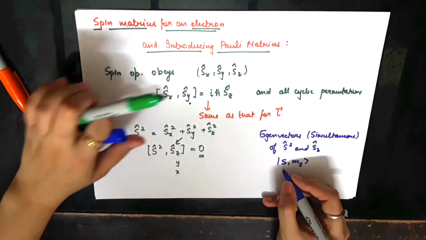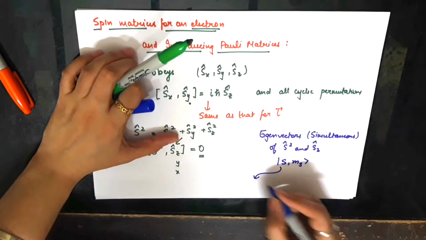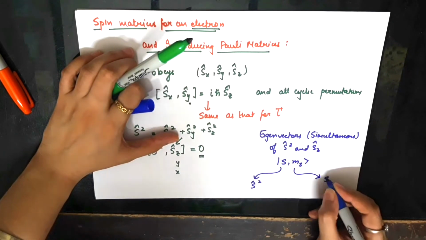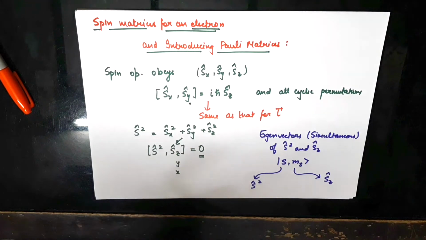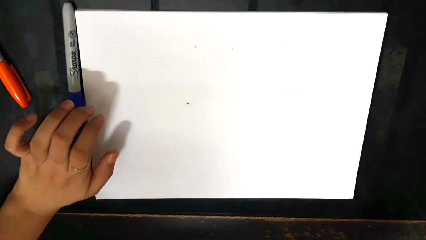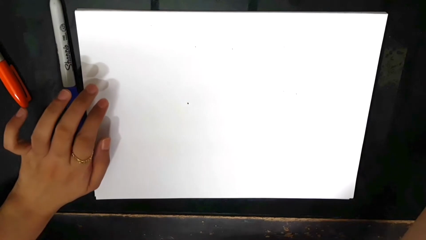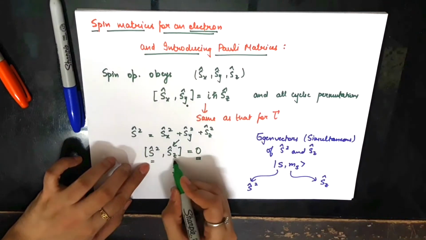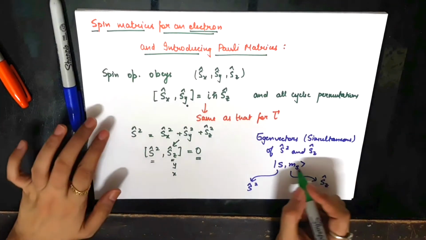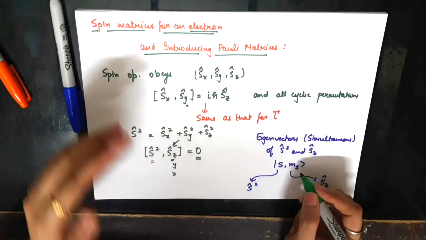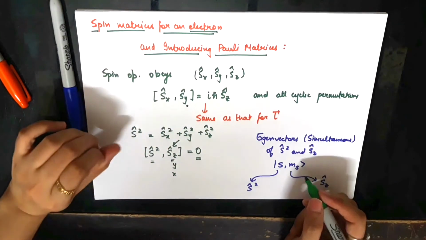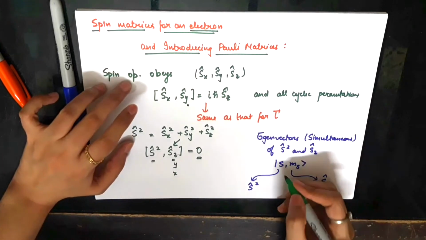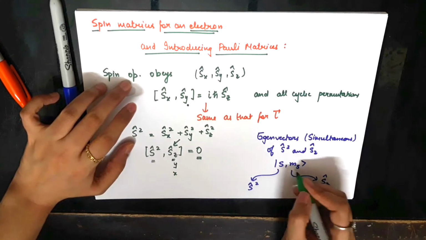This is not an operator, this is small s, and it corresponds to the eigenvalue of S squared, whereas ms labels the eigenvalue of Sz. This is what we established in the last video. We also saw how the S squared operator and the Sz operator act on this eigenvector. That action gives us the corresponding eigenvalues. These are just labels, and the eigenvalues are derived from these numbers only.